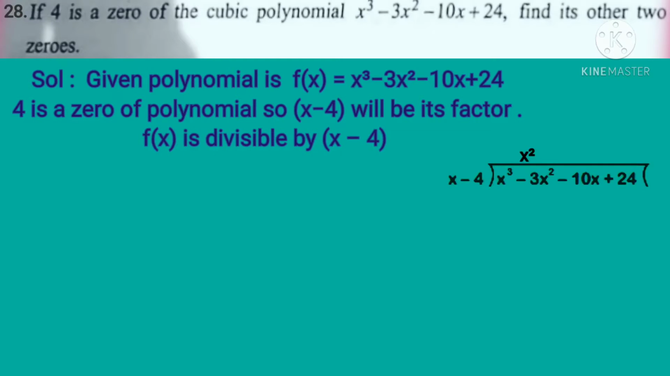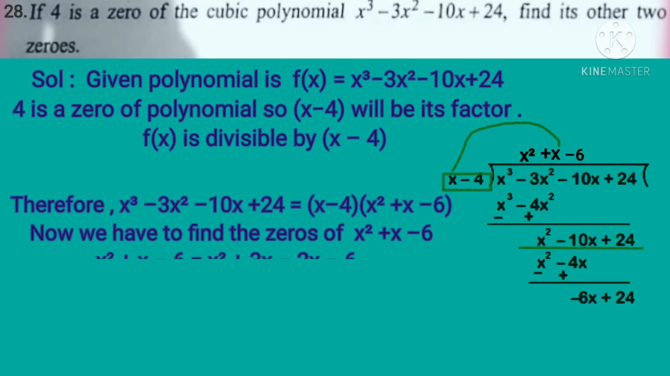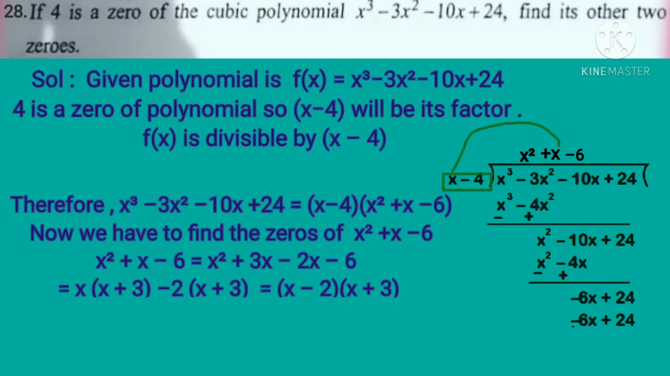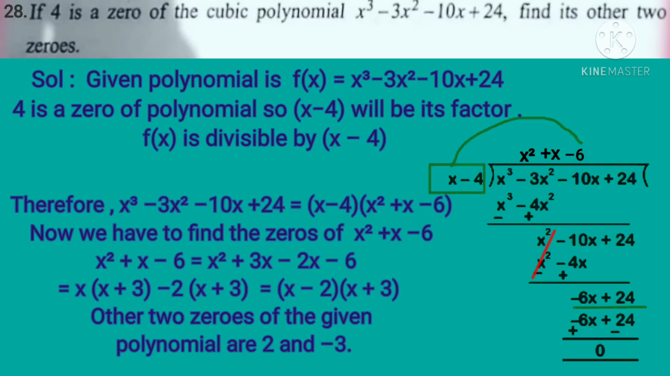So we will multiply it by x square, then we will get x cube minus 4x square. Then simplify it. Again we are left with x square as the first term. So multiply it with x square minus 4x. Again simplify it, minus 6x we get as its first term here. So we will get minus 6x plus 24. So the remainder is 0. Therefore this can be written as x minus 4 into x square plus x minus